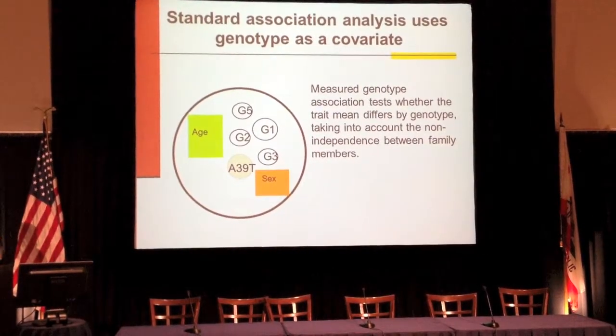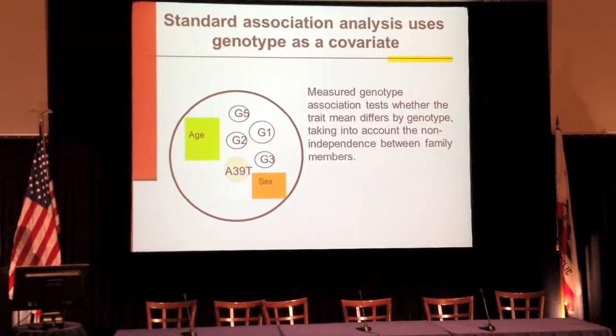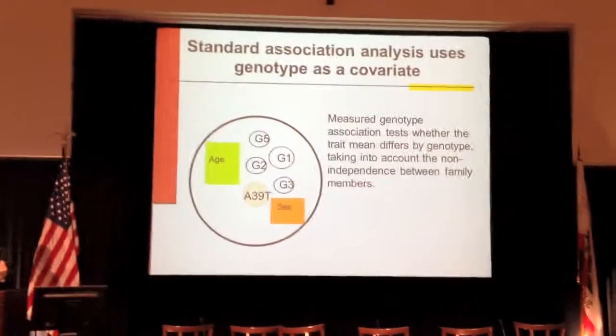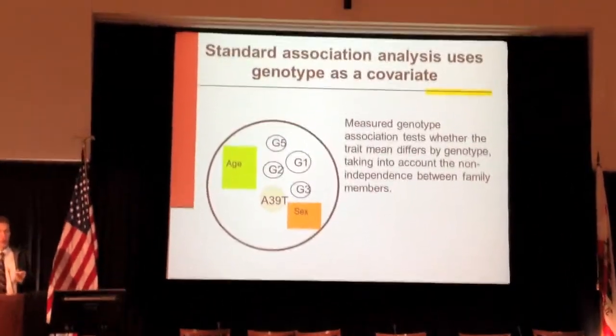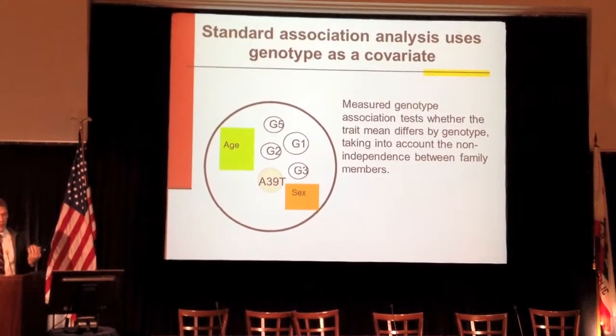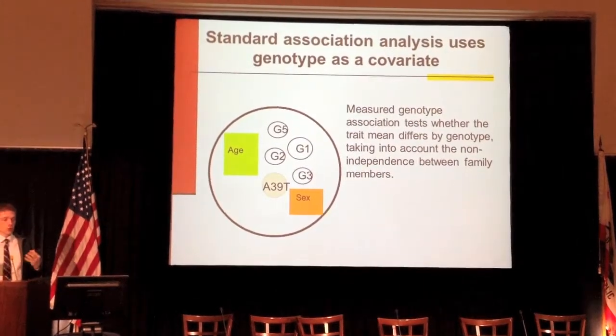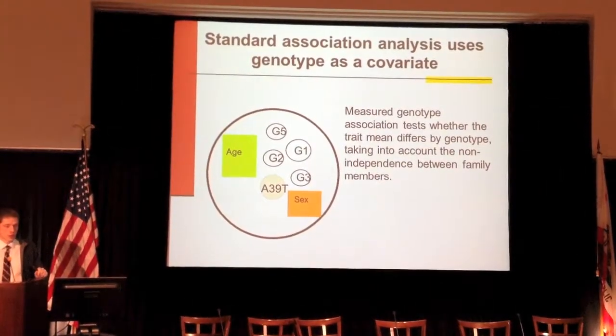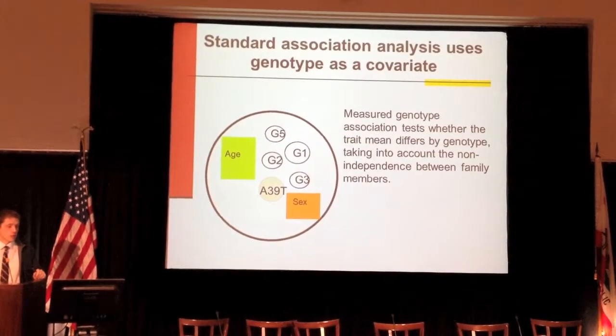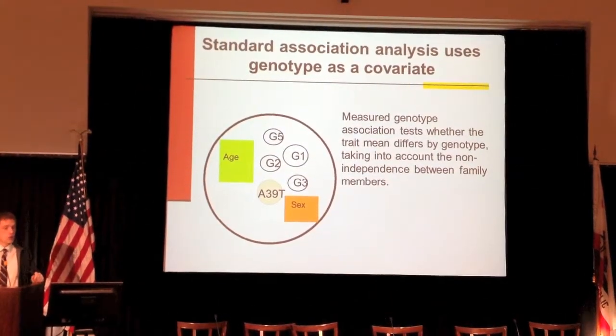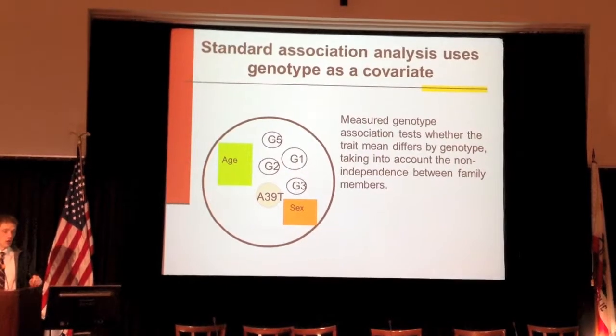In the GWAS association analysis, you use a genotype or allelic frequency for that particular individual as a fixed covariate effect. So you basically measure genotype association and whether the trait mean differs by genotype, taking into account the non-independence